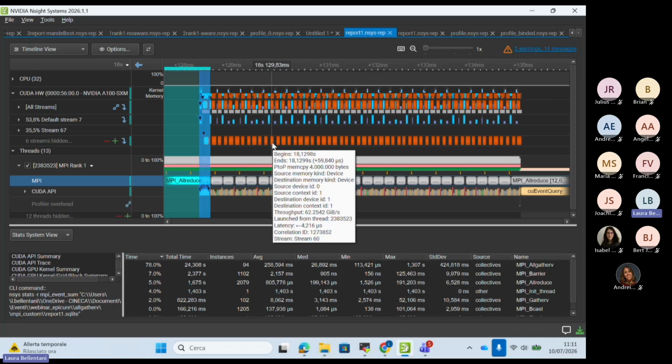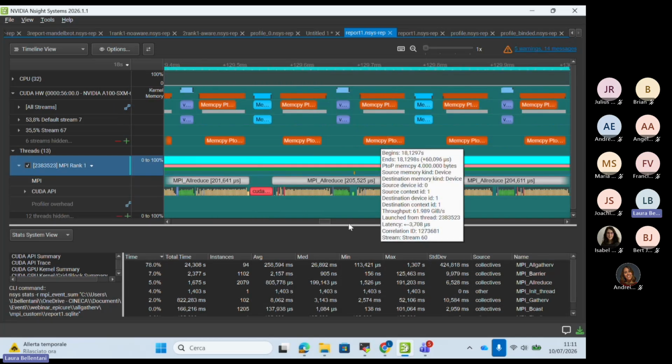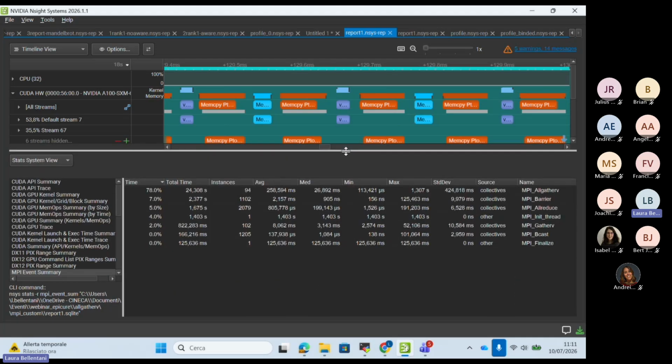We have memcpy peer-to-peer, which is a signature of aware communication. This is an intranode run.